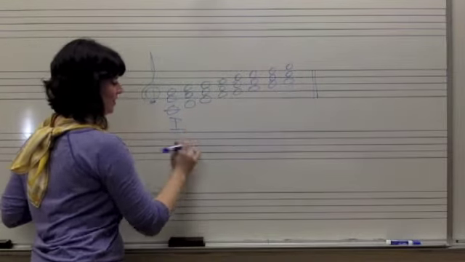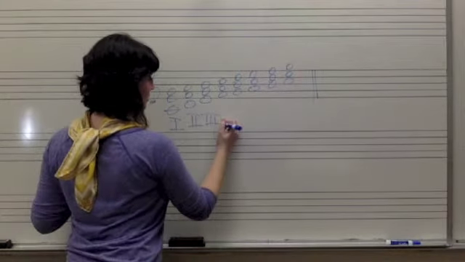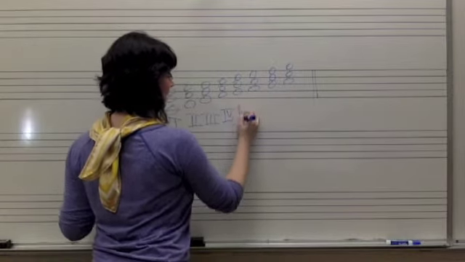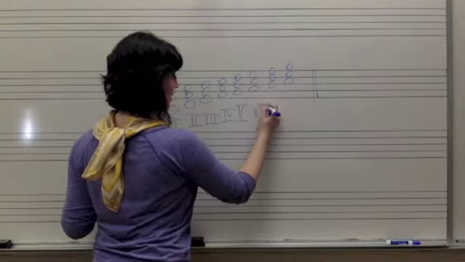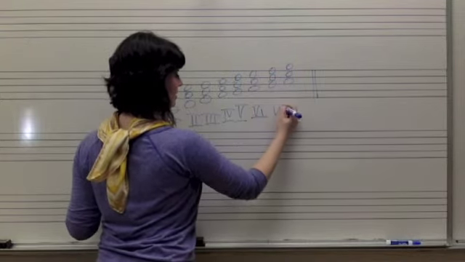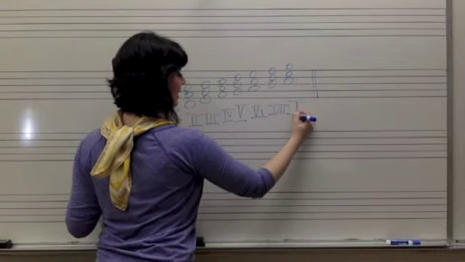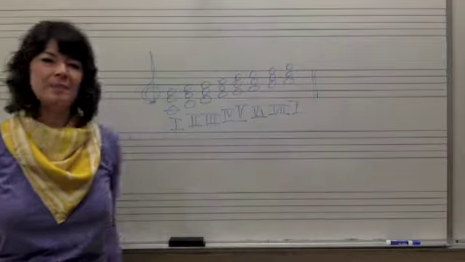So let's do this for now. 3, 4, 5, 6, and 7, and finally 1 again. We don't do 8, we just go back to 1. We hit tonic. And just remember,